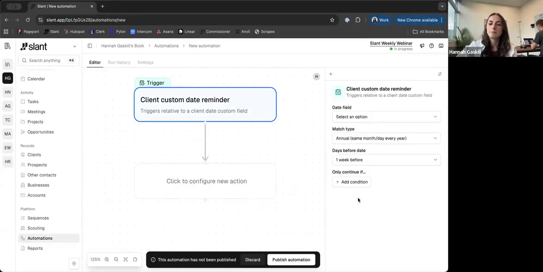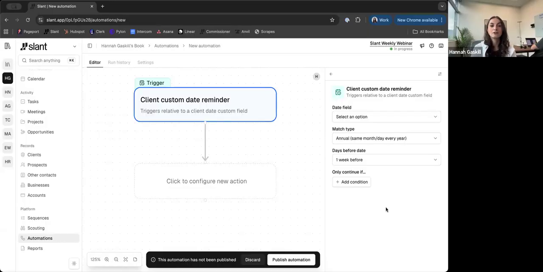So this will trigger off of any custom field that is a date type custom field. There are a lot of use cases for this, and you can use it as a workaround for some different things. But a common one I see is contract renewal dates, or there are certain things you have to do yearly when someone is coming due, or on some sort of reoccurring cadence. And there are times when a reoccurring task will solve for that,